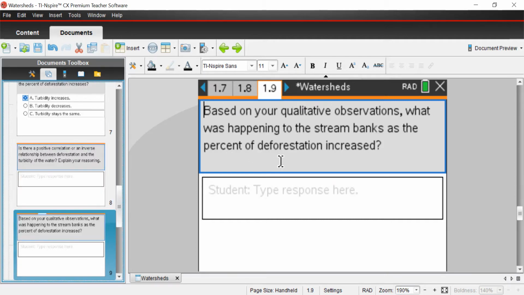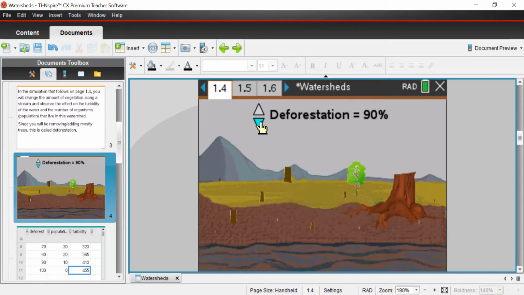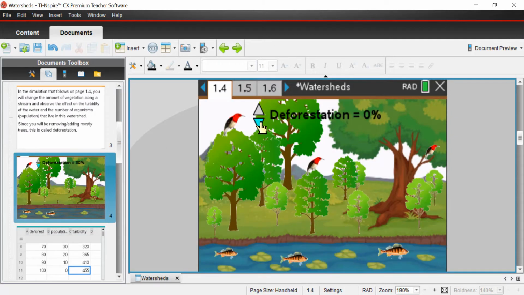All right, page 1.9. Based on your qualitative observations, what was happening to the stream banks as the percent of deforestation increased? So here's another term that we use in science. So we have qualitative observations, and depending on what study you're doing, you may also have quantitative observations. So a qualitative observation means that yes, there may be numbers involved in measurements, but really we're looking at a process that's happening that you can pretty much describe without necessarily having a lot of